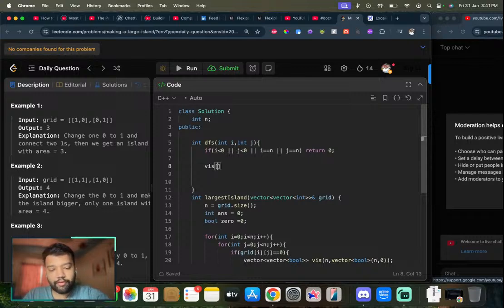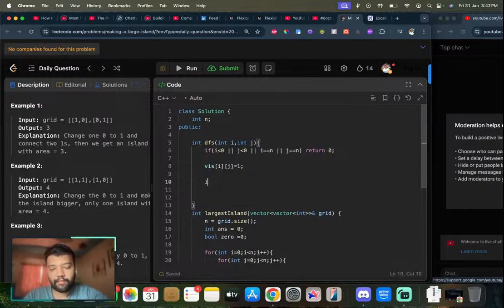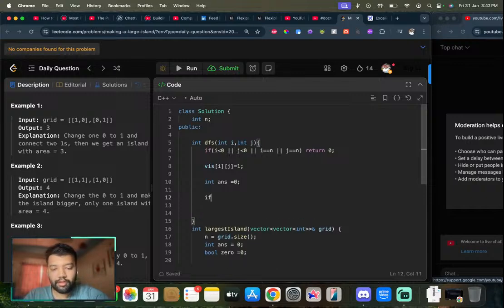This of i j is equal to 1, n equals to 0, if